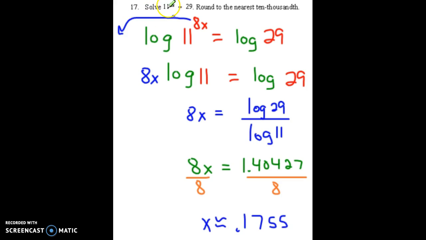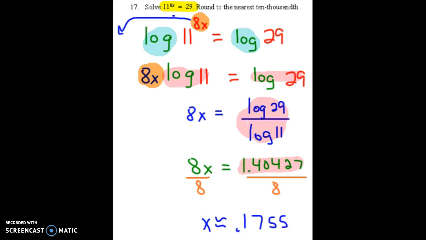In problem 17, I'm going to solve this equation, and I notice right away 11 and 29 cannot be made into the same base. So I'm going to take the common log of both sides. That way I could take 8x and bring it out to the front, because that's one of my log properties. I can do that. So then I'm going to take both sides and divide it by common log of 11. So I have log of 29 divided by the common log of 11. That's how I got